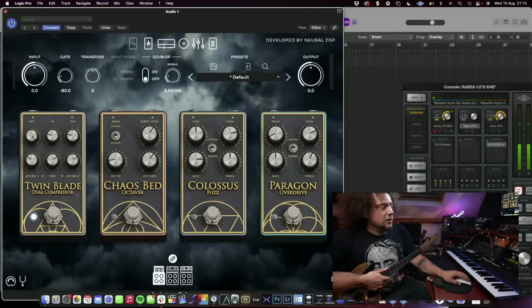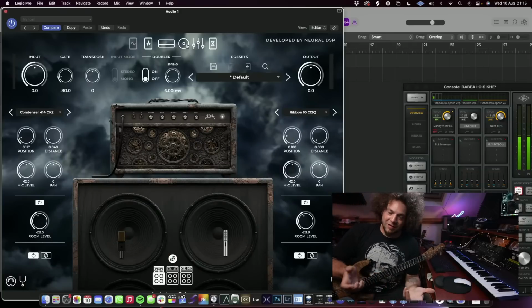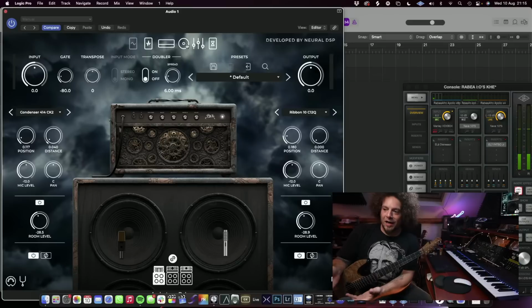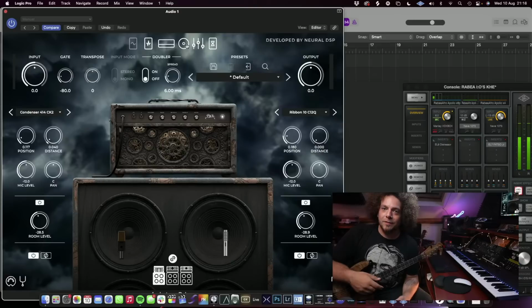So that would be all the devices in the plugin. It's also worth saying, before we move on to the synth, that at this point in Neural's progression as a company, and where I'd got my opportunity to make this plugin, I had to look back at all the other products and go, there's so much ground already covered. It would be silly to just make another high gain like Archetype or something. There was so much stuff already taken care of that it's like, okay, how do I make it